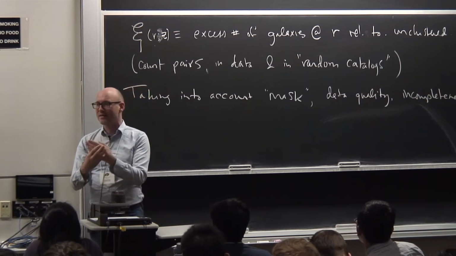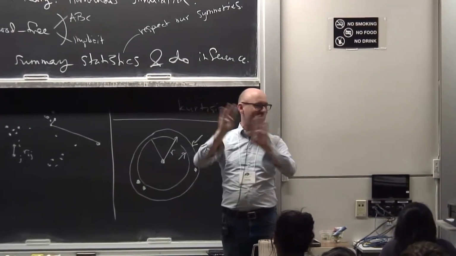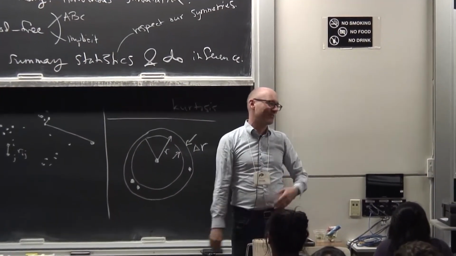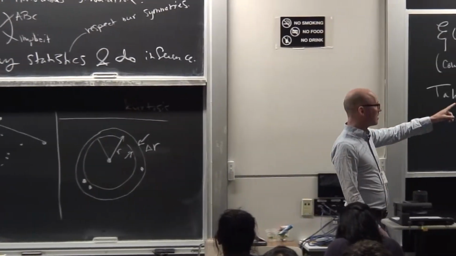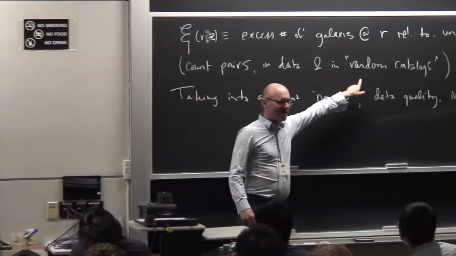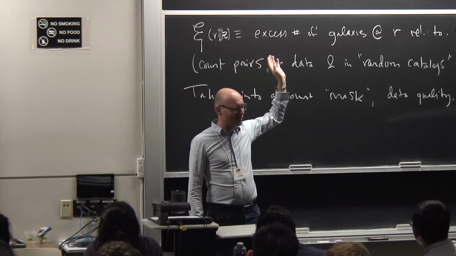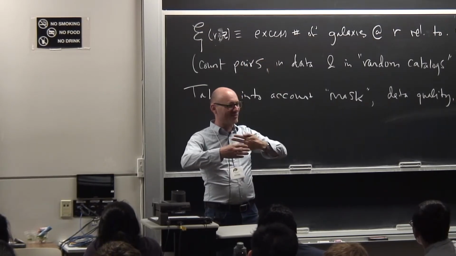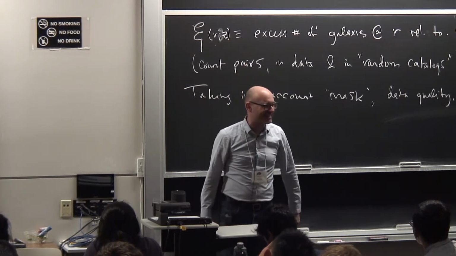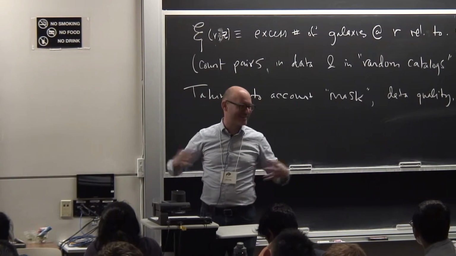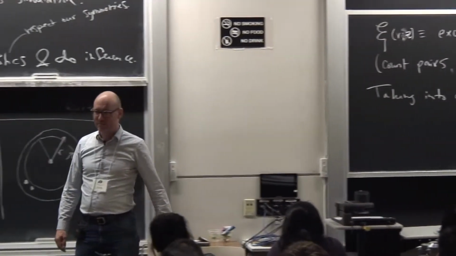We need to project along the line of sight because of the anisotropy, that the redshift direction is very different from the transverse direction, and we need to bin it by redshift because in fact it does evolve with redshift. And the random catalogs, though they are unclustered, they do contain the redshift dependence of the original data because otherwise, you detect the evolution in redshift as a huge clustering signal, a huge radial clustering signal radially away from the Milky Way. So yes, all of that has to happen.